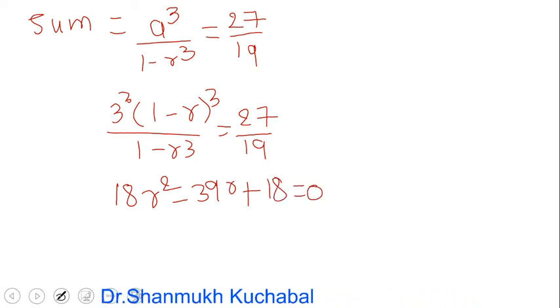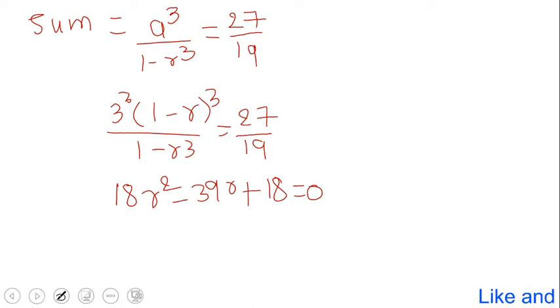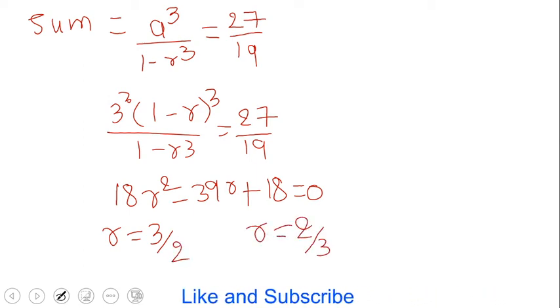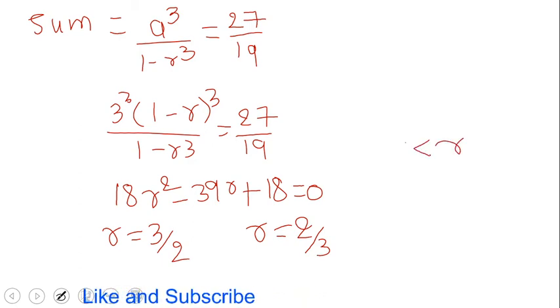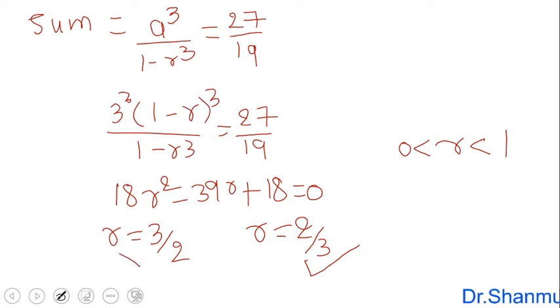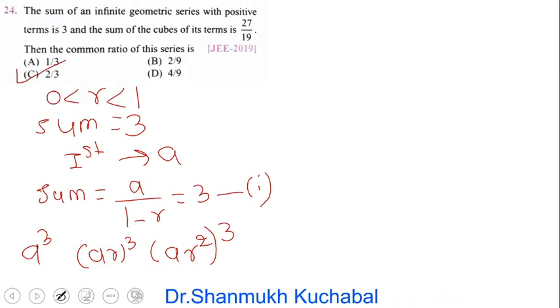Then a quadratic equation leads to 2 solutions. So we use a formula for this. You can use the quadratic formula, or use a shortcut trick we have discussed. So using that, we get the r value as 3 by 2, or else the r value as 2 by 3. But our r condition is that it is greater than 0 and less than 1 here. So 2 by 3 lies between 0 and 1. So this is the right answer, this is the wrong answer. So 2 by 3 is the right answer among these. Clearly option C is the right answer here.